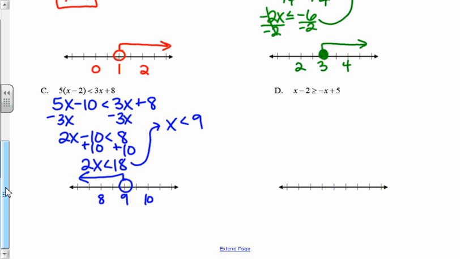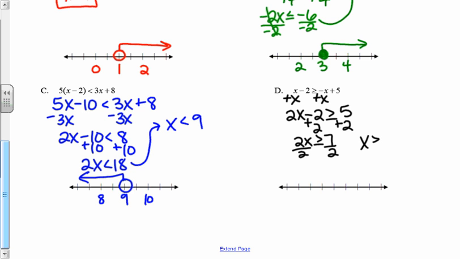The final example for target 7, you guys are getting the hang of it. So I'm going to add that x over, so we have 2 x's. Then I'm going to add the 2 over. We don't have to worry about flipping the sign on this one either because we divide by a positive 2. So notice that 7 divided by 2, it doesn't come out evenly. I'm going to write it as a decimal